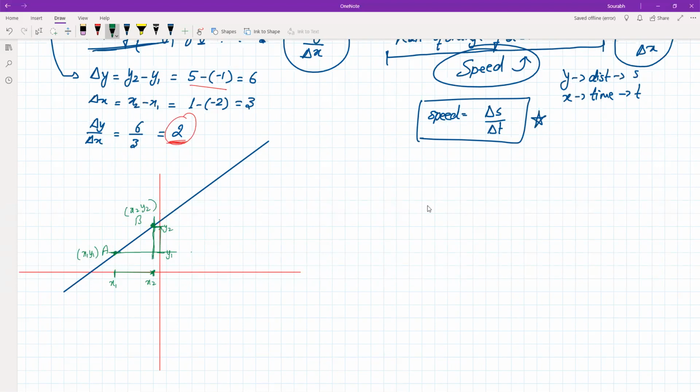What do we want? We want delta y by delta x, that is in case of AB. From one point A, another point B. In that case, what will be delta y by delta x? Suppose this point of intersection is C. Then delta y by delta x equals change in y, that is y2 minus y1, divided by change in x, that is x2 minus x1. Now if you see this figure carefully, isn't y2 minus y1 equal to BC, and x2 minus x1 is length of AC, right?